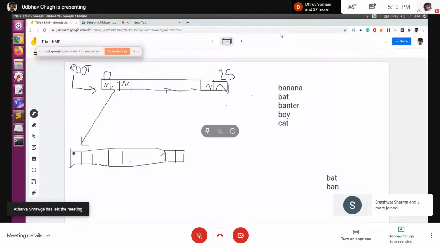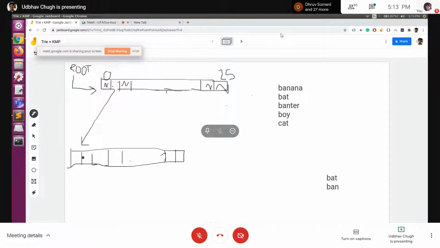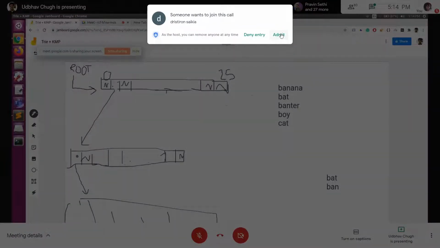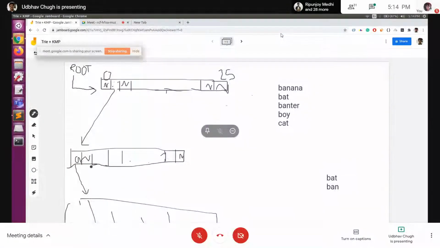So this will be pointing to this particular array. Now the next letter we have to insert is A. Here also, initially everything would be null. So we'll go to this particular index. Since we have to insert an A, we'll remove this null and make this pointer point to another 26 size array. Ignore the drawing, but you get the gist, right? So this way we can have the entire banana with us.